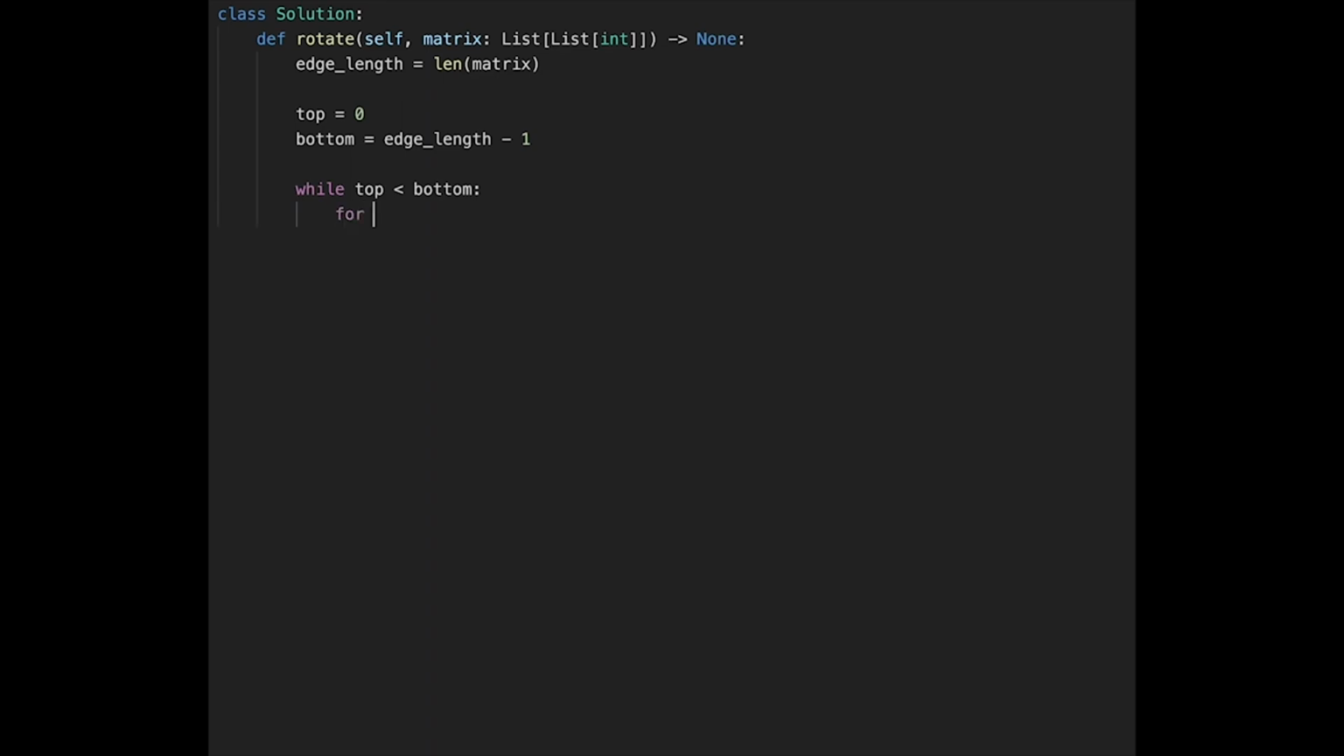So in the case for column in range edge length. So first of all, draw a center line and then swap the numbers. First of all, keep the top row value to a temp variable. So matrix, top, and the column. After that, update this position